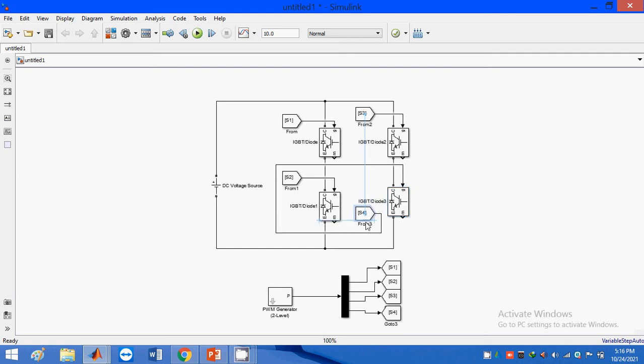Finally, what do we require? We need to connect the load now. So how am I going to connect this load?